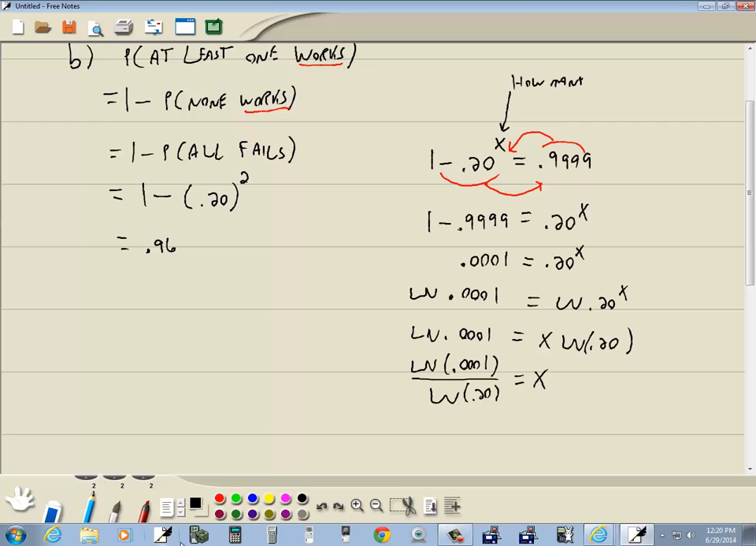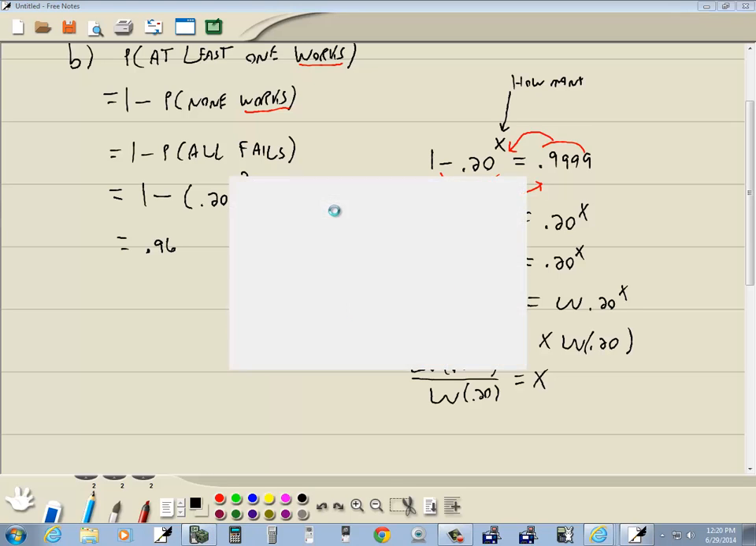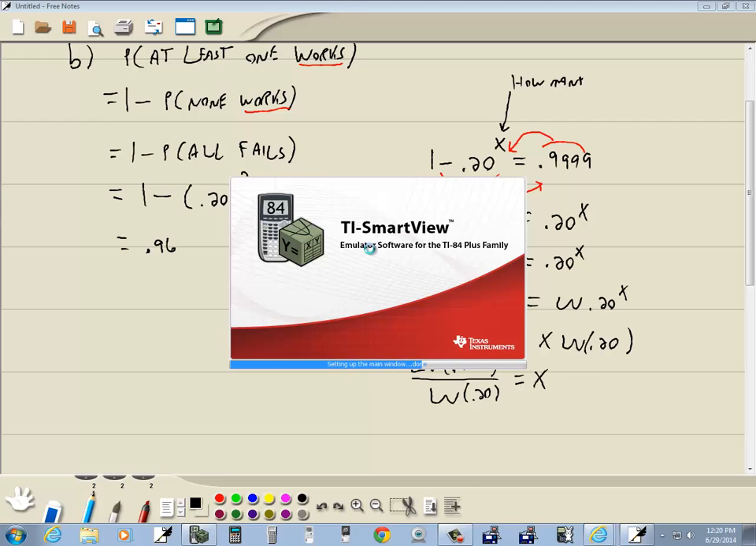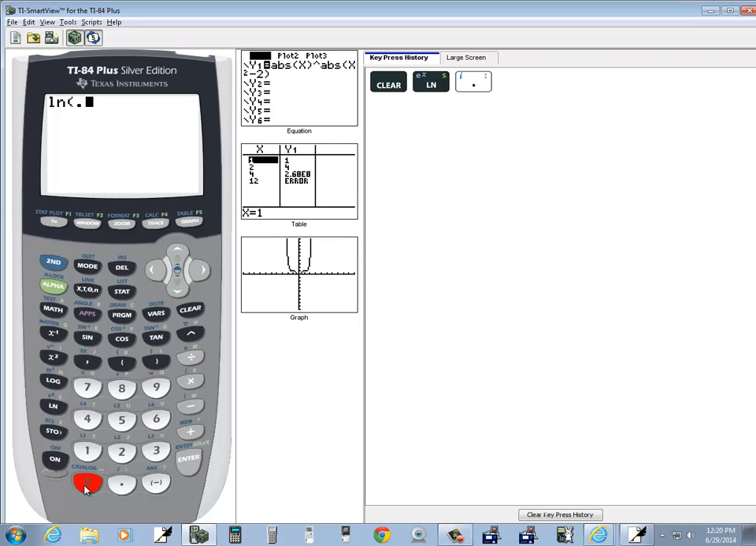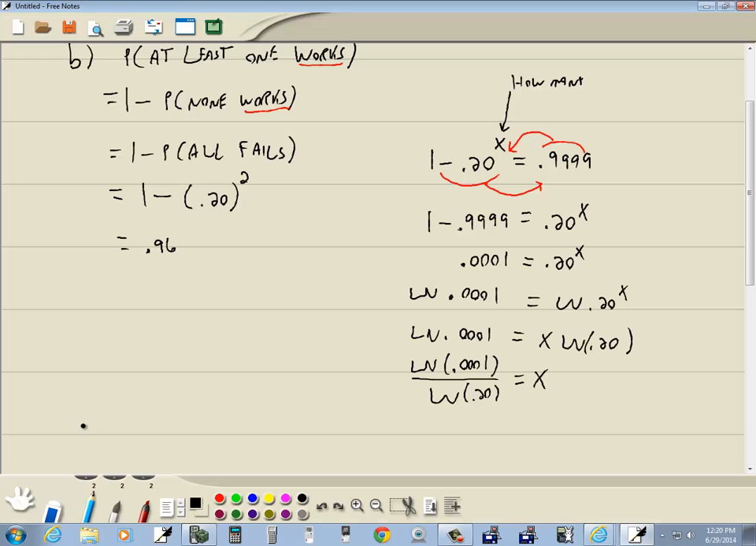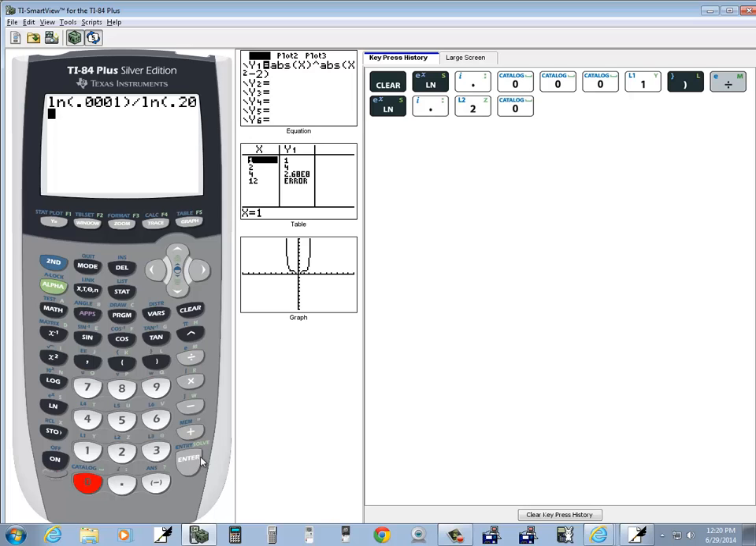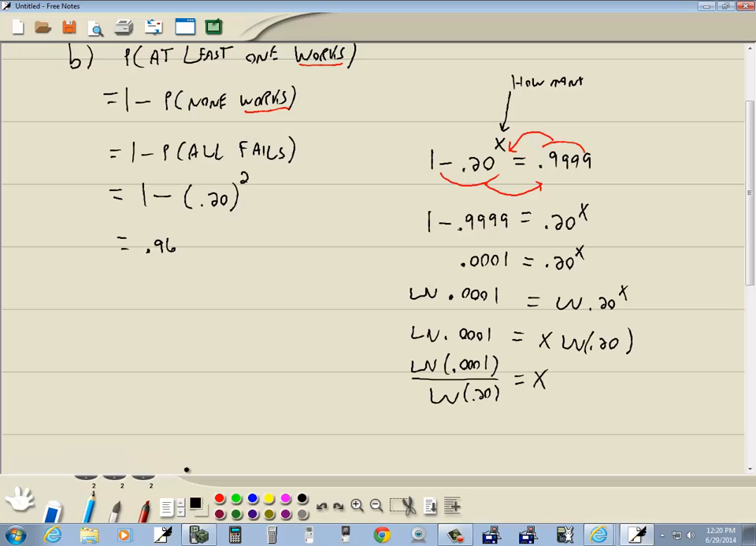Okay, so let's plug this in our calculator. I'm going to talk about an easier way you could do this. This is a way you can solve it for exact. As soon as my calculator comes up, there we go. Okay. So do natural log 0.0001 close parentheses divided by natural log 0.20. And that gives us x is equal to 5.7